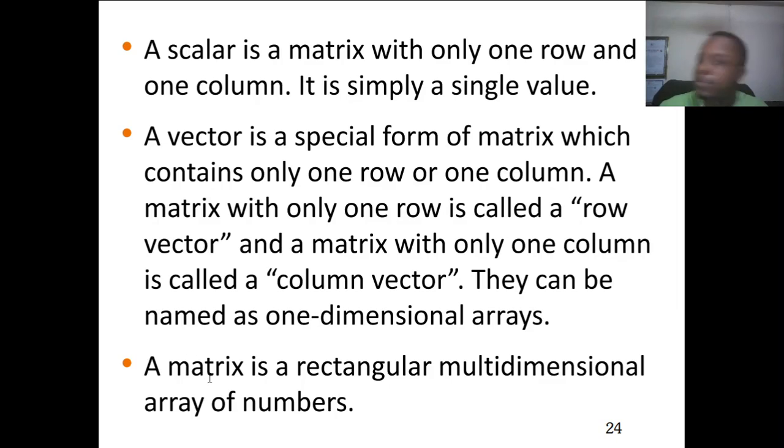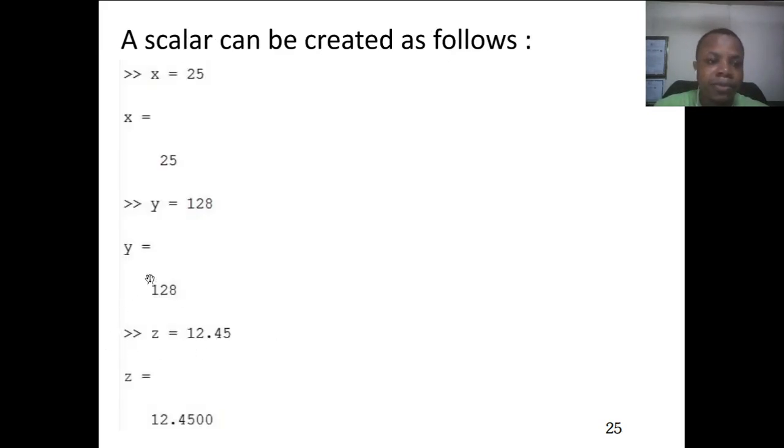Now let's look at the matrix itself. A matrix happens to be a multi-dimensional rectangular array of numbers. So in this case we should have more than one row and more than one column as well, and that is just going to give us a matrix. For instance, if you would like to create a scalar x,